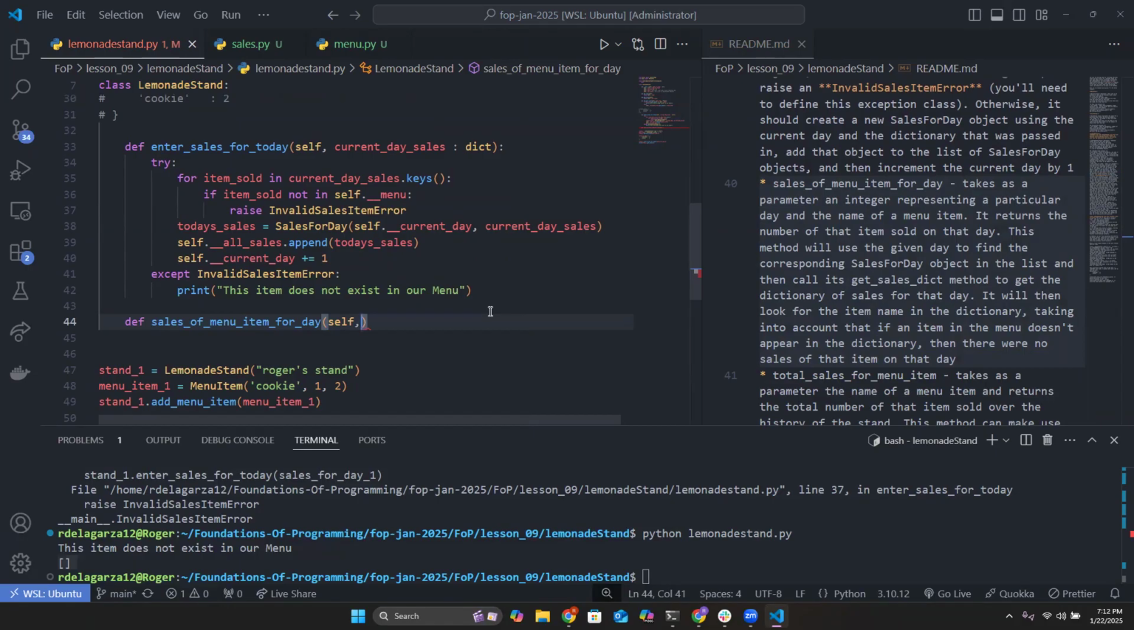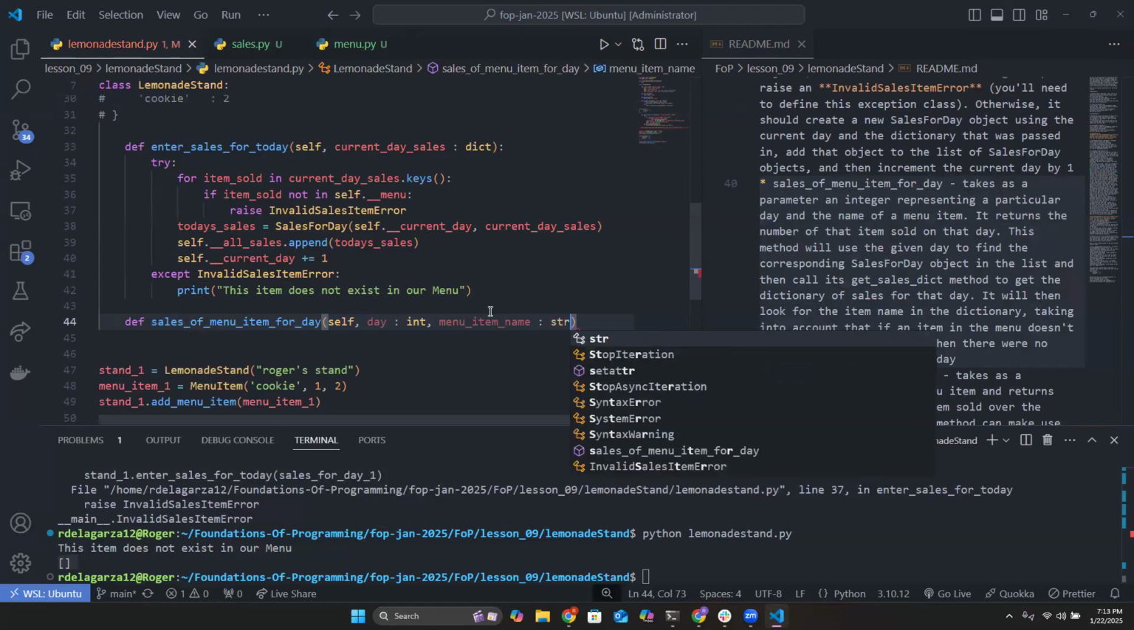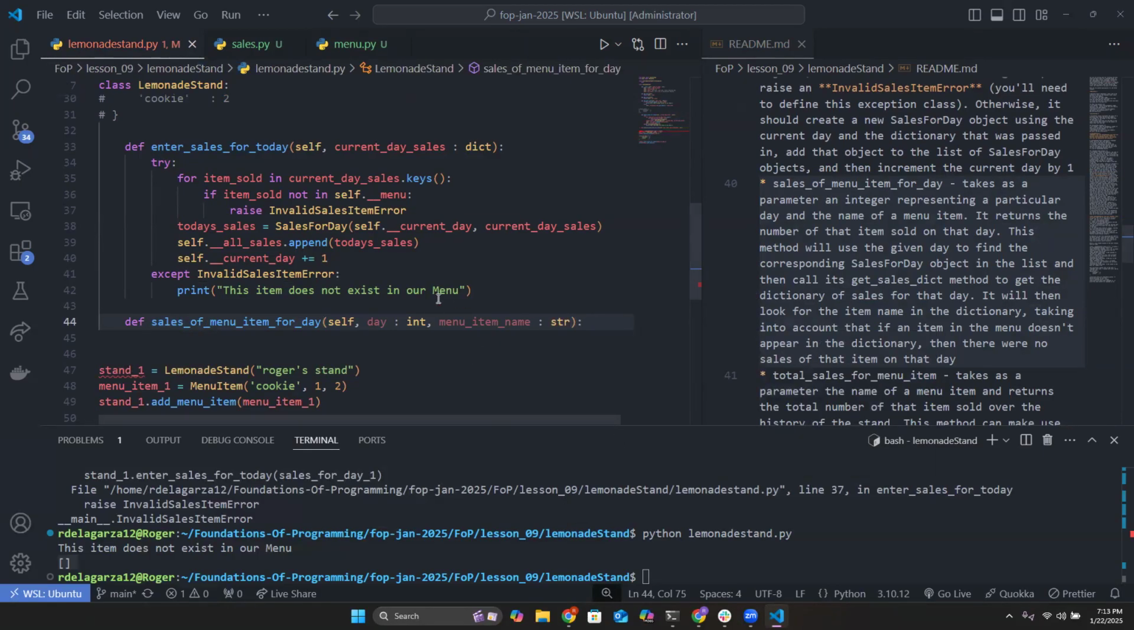Right? So it takes as parameters an integer representing a particular day and the name. Okay, so I will say day, and this is going to be int. And the other argument is going to be the name of a menu item. Menu item name, and this is going to be a type string. All right, so it's not an object, right? It's the menu item name and the day. And what this method is supposed to do is return to you how many of that item we sold for